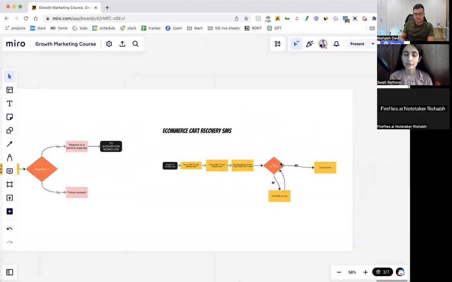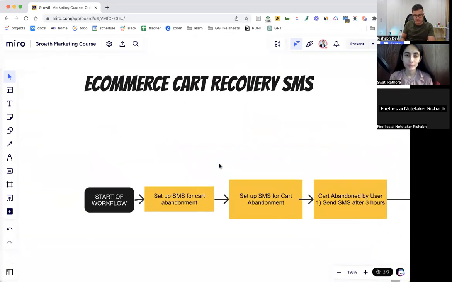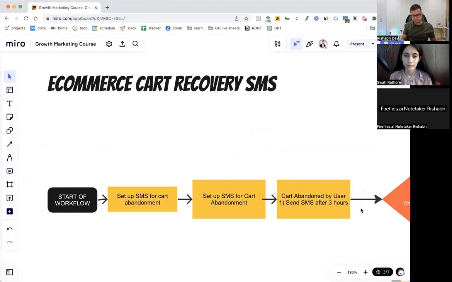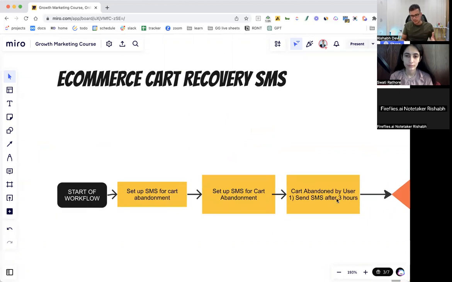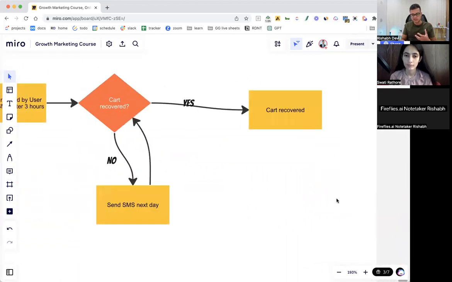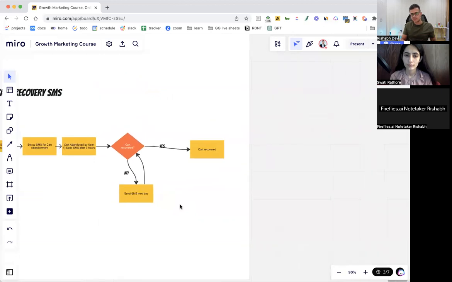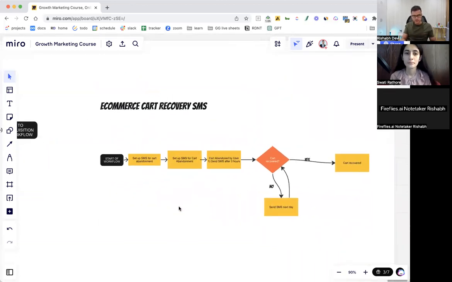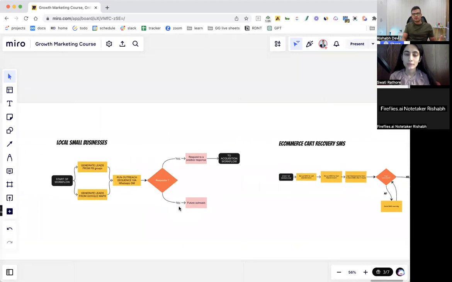Okay. Then you have another example of an e-commerce SMS cart recovery, where you say, okay, this is a workflow where you set up an SMS for cart abandonment. If the cart is abandoned by the user, you send the SMS after 3 hours. If it is recovered, then you mark it as recovered. If no, you repeat it and send the SMS the next day. So another thing about workflows is they are repeatable. So if you can automate this process using a tool, then this workflow works for you even when you're sleeping,